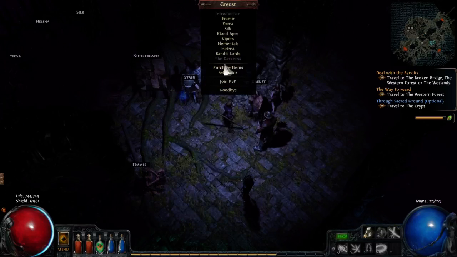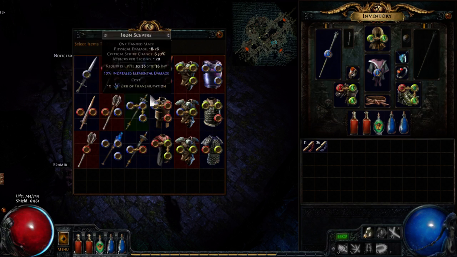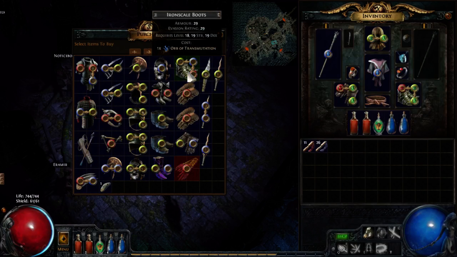One thing as well is that if we leveled again, it does make sense to check the vendors. And I actually found the 3 link here that we're looking for on the vendor, and we can buy it for an orb of transmutation, which is always worth it. It's always different prices. I would not pay an orb of alteration because the chromatic that we get out